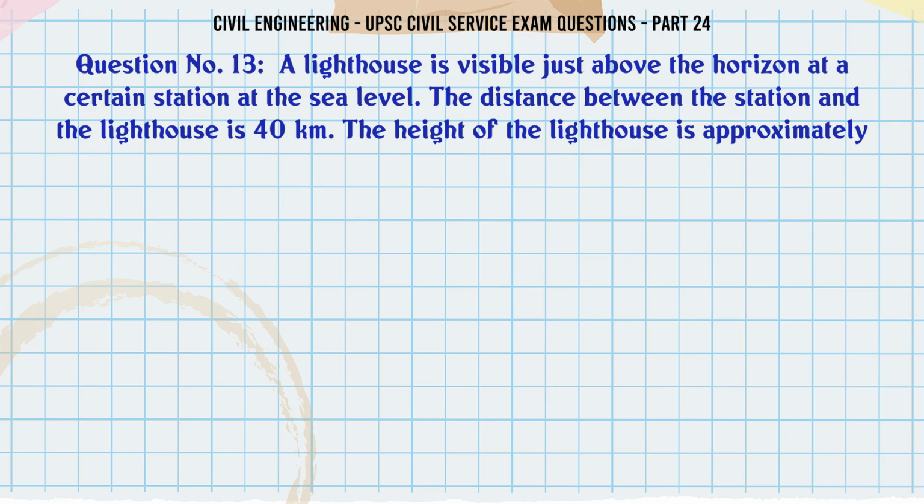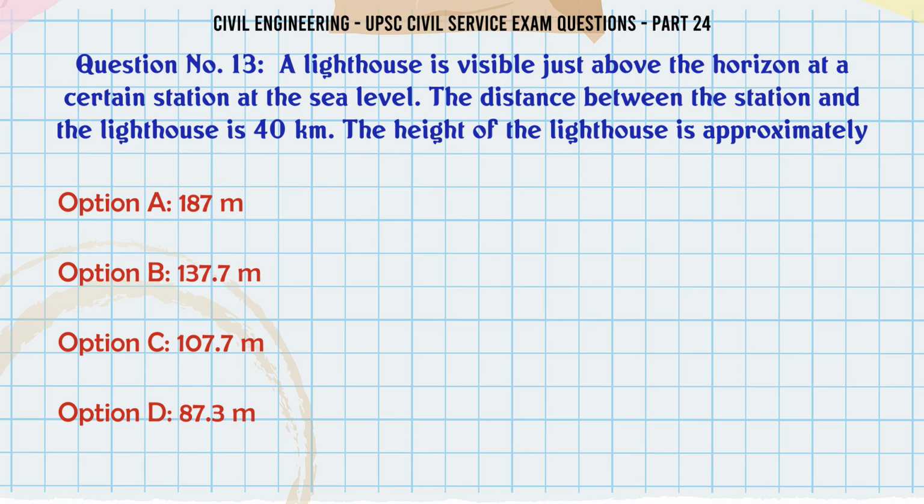A lighthouse is visible just above the horizon at a certain station at the sea level. The distance between the station and the lighthouse is 40 kilometers. The height of the lighthouse is approximately: A, 187 m; B, 137.7 m; C,